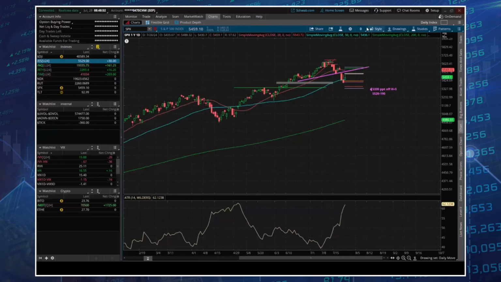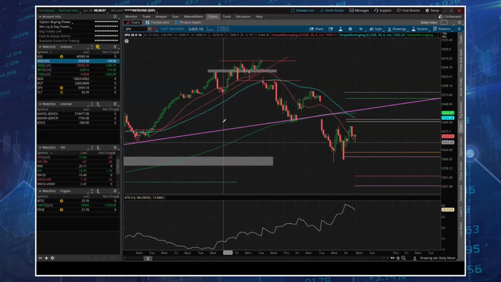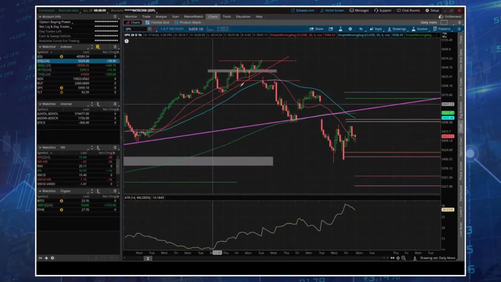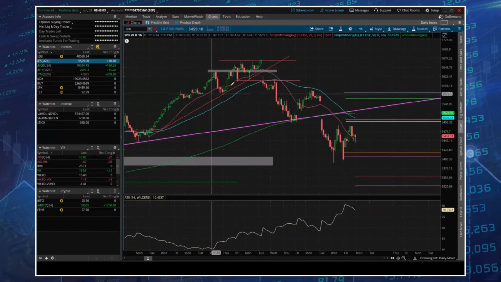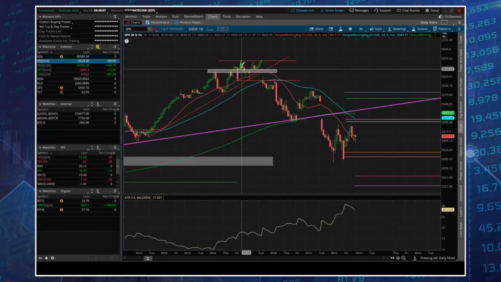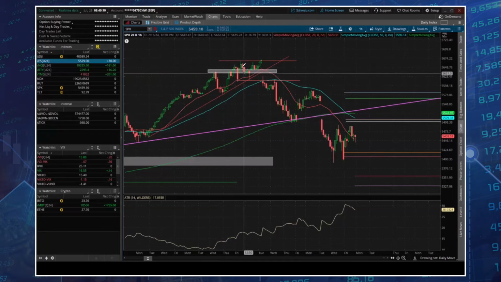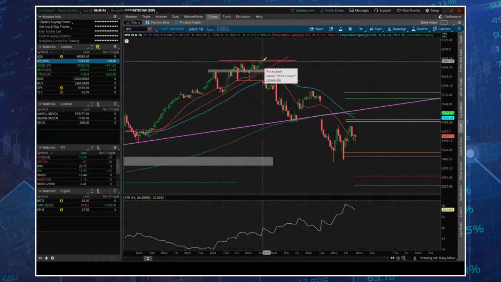Seeing this coming, if we go to our shorter term charts, what we had here is we had an uptrend in place. We had a price pattern, a cup and handle right here, that tried to break higher. We had another price pattern that tried to break higher. We had a failure of that pattern, right?